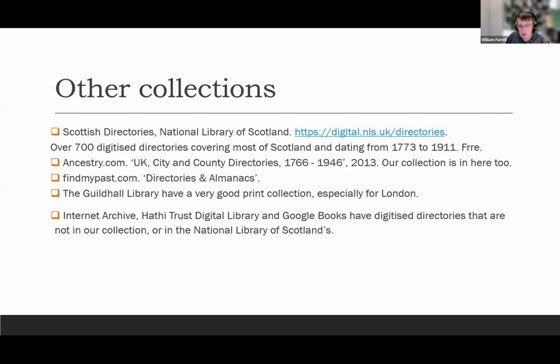And I suspect they will be quicker to put some of the 1920s ones online. And I think there are some there anyway. So do check those sources as well. They're not in a particular sub-collection in any of those three websites that I'm aware of, although I might be wrong about the Internet Archive. So it would be going to those three websites and searching for the directory of the place that you're interested in to see if it's there.